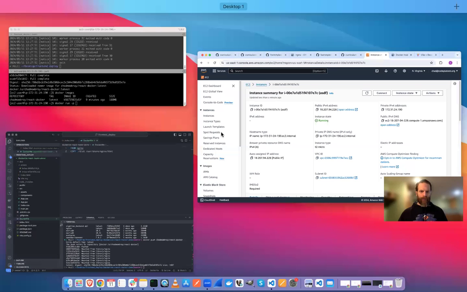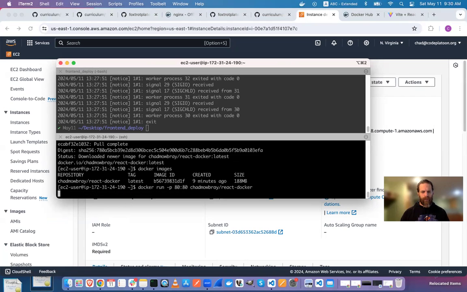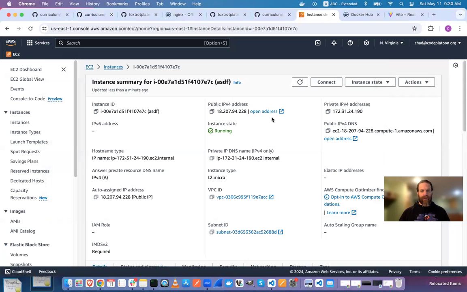So I'm going to map port 80 to Nginx's port 80. So 80, 80. And then I just need the name. Okay, so that is running. So I should be able to now, if I copy this,